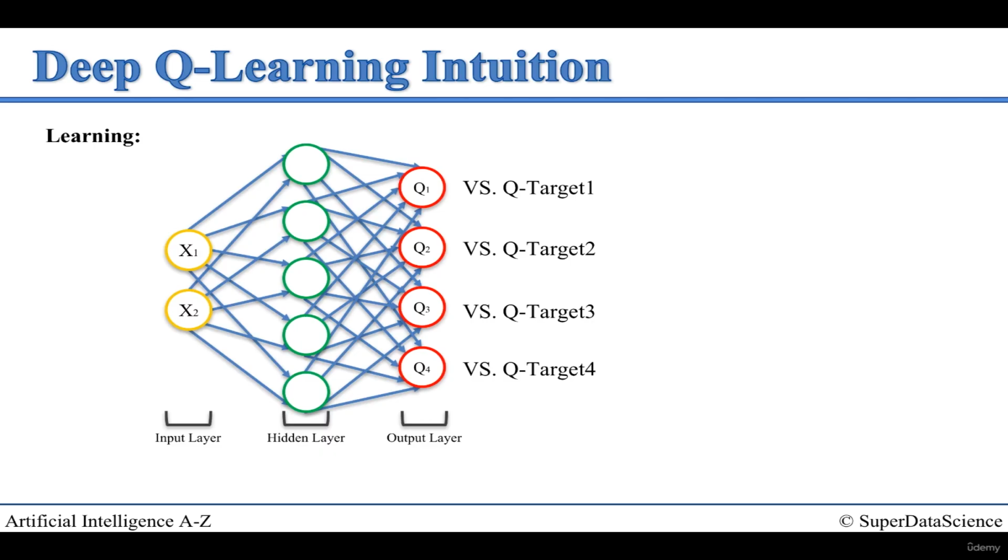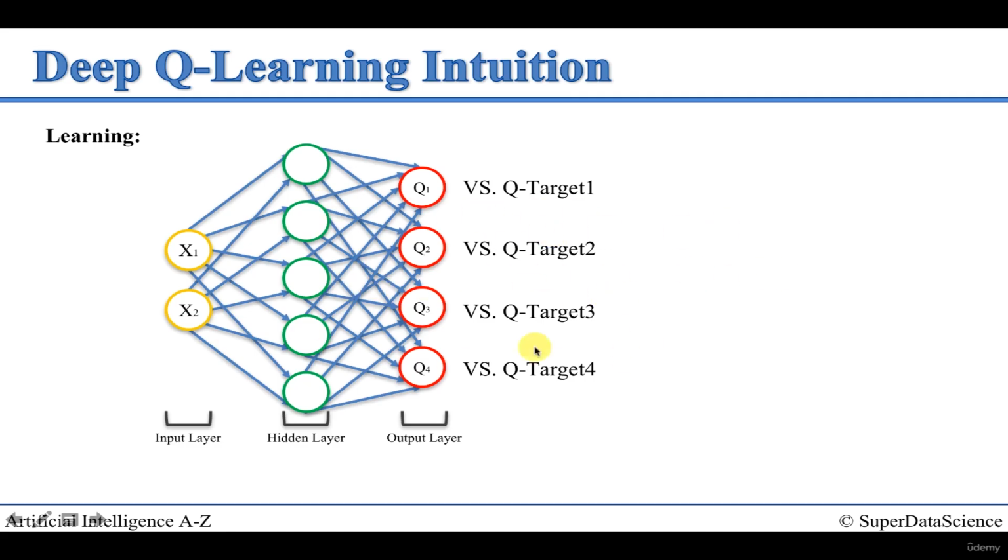How do we adapt that concept of temporal difference to a neural network so that we can leverage the full power of neural networks? And so far we've gotten this. So we enter our environment state here as a vector, goes through a neural network, we get predictions of Q values, and then from the previous time the agent was in that state, we have these Q target 1, 2, 3, and 4 for each of these respective actions. And so now we're up to, okay, let's compare each one with each one.